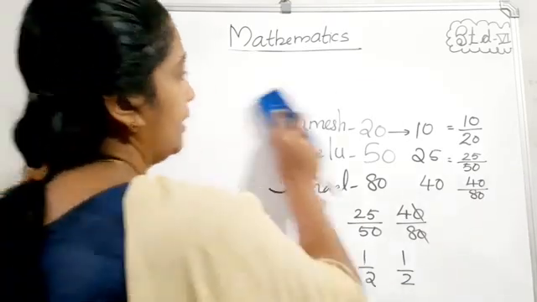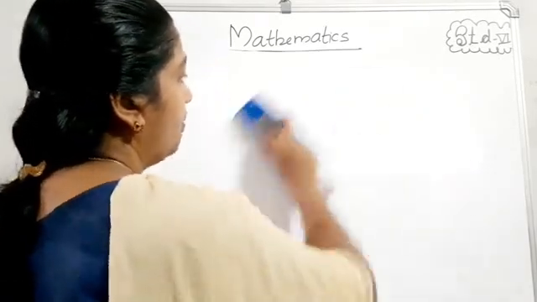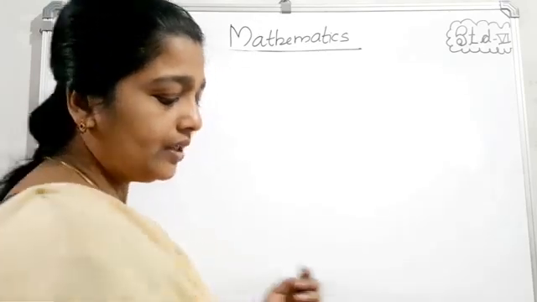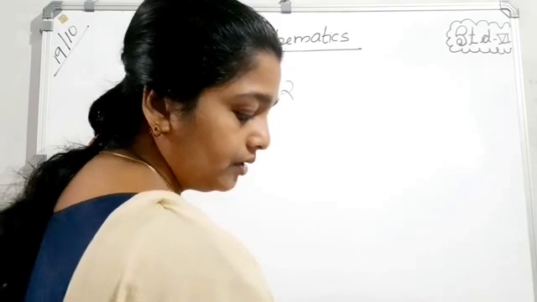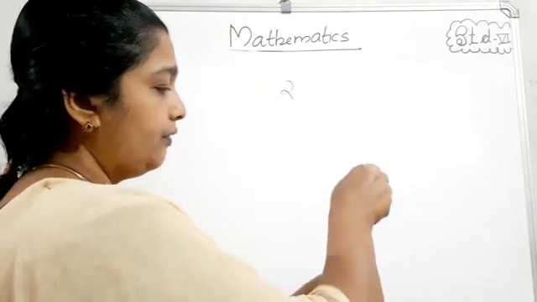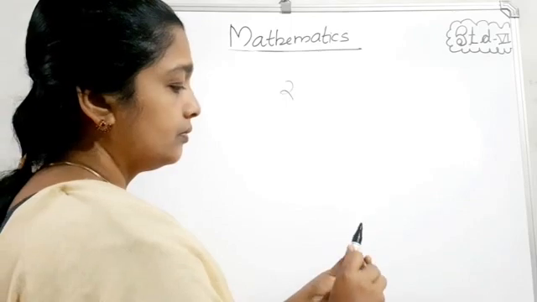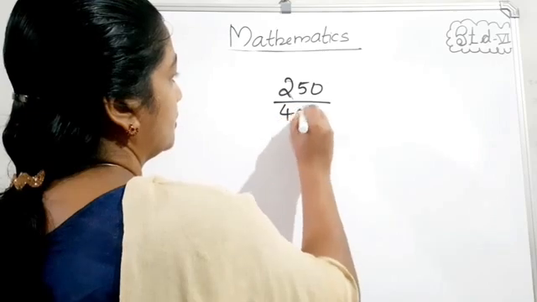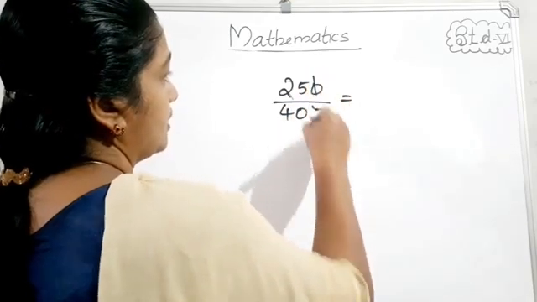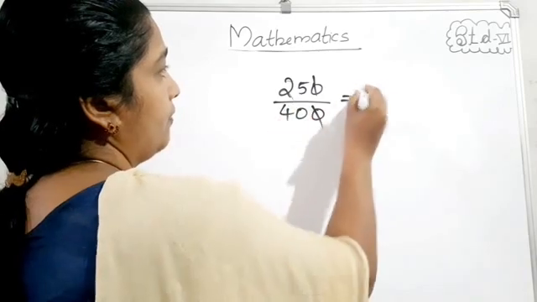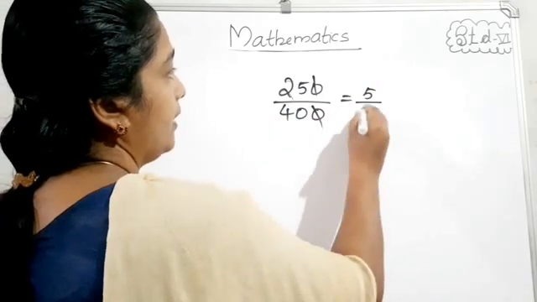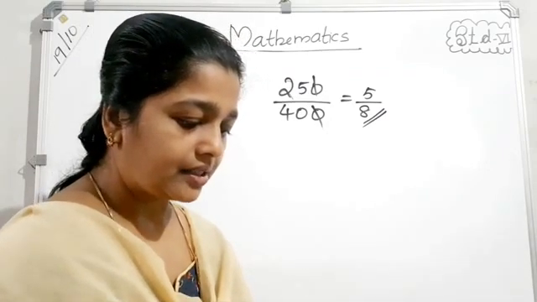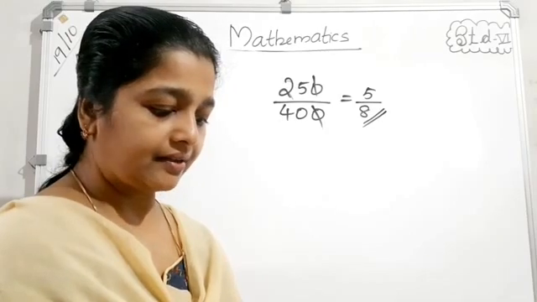So, you want to find the simplest form, and the answer is given in the textbook here. First question, 250 by 400. And that is cancelled. That is, in 25, 5 5s are 20, 40 by 5 equals 8. That is 5 by 8. Where is that one? Yes, answer D. D is the answer. Clear?